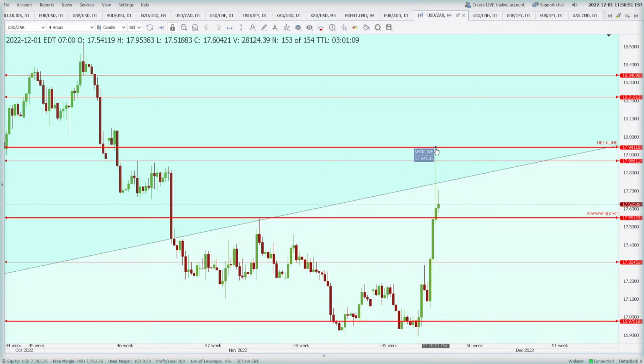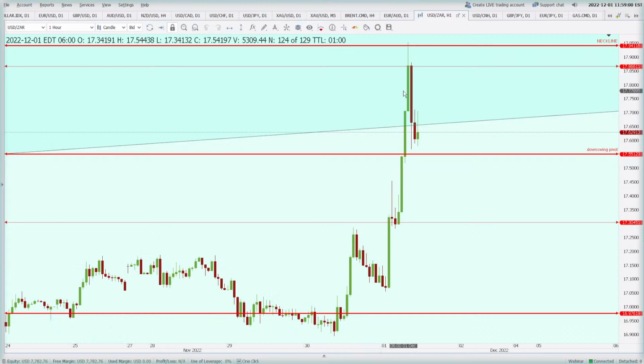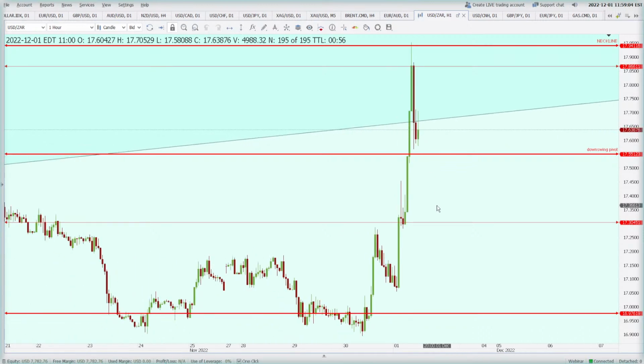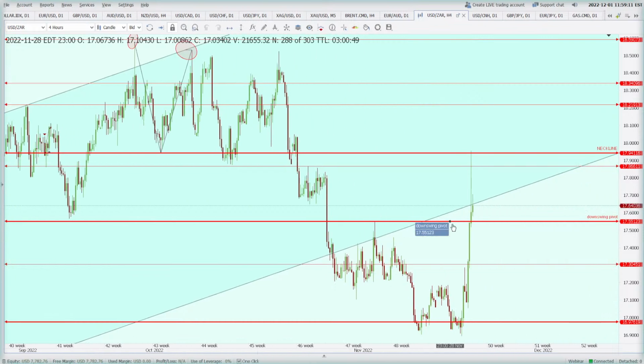So from here the price could not manage to go higher and came back to the 17.55 area again, came back to this area again, and now it's trying to go higher. Well, it will go higher, there's no doubt about that in my mind, but where will it take support, we are not sure. Maybe at this area here, maybe it can come to this 17.30, maybe it can come to 16.97 again. Yes, in the long run it is going to go up, at least against the South African rand,